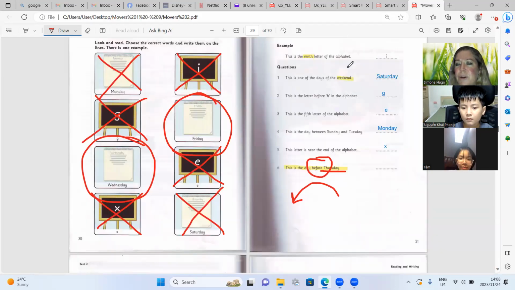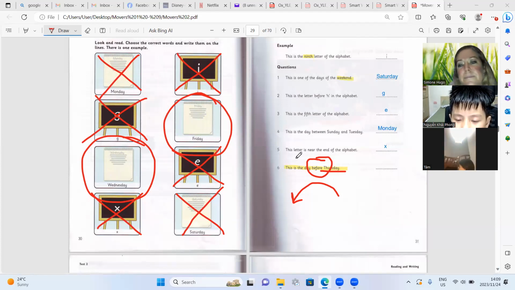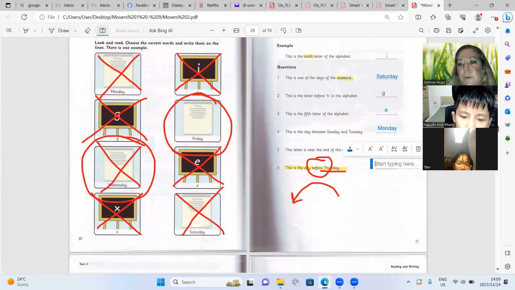What day is before Thursday? Khai Phong, what day is before Thursday? This is the day before Thursday. It's Wednesday. Yes, very good.